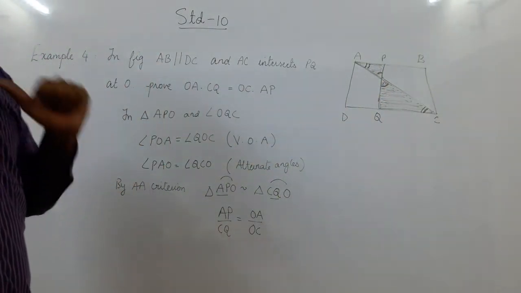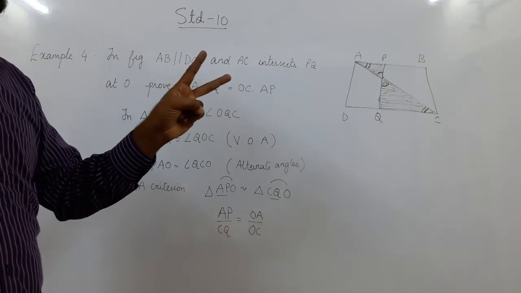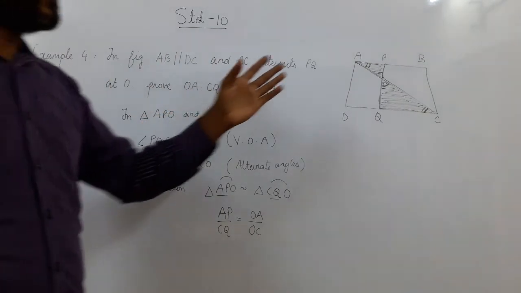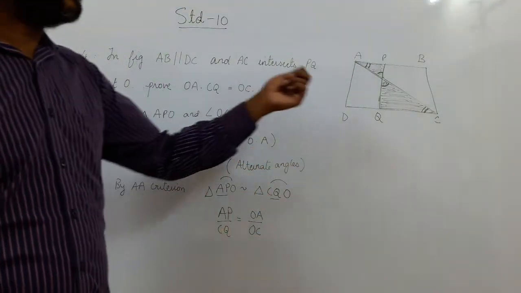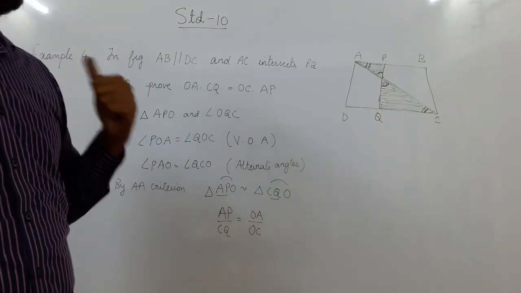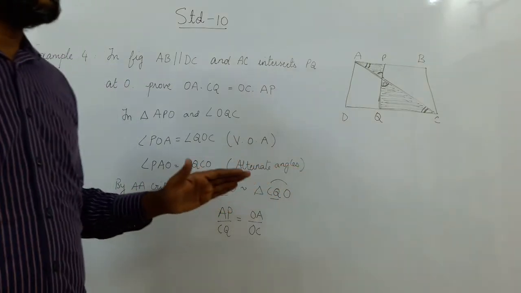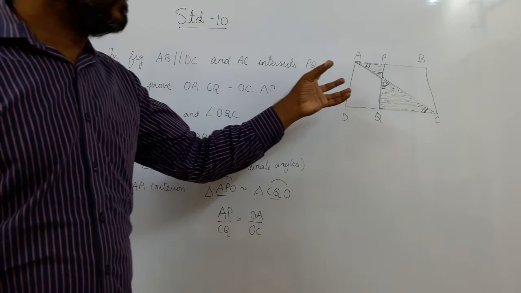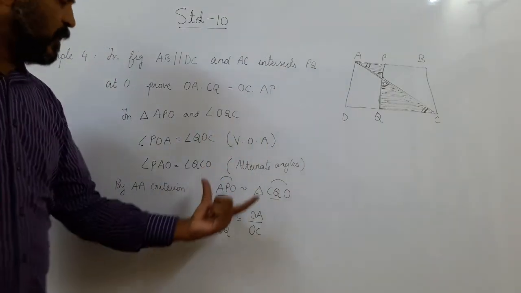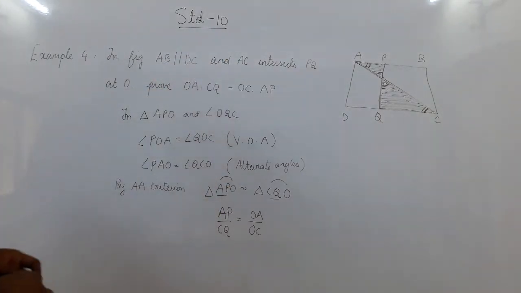What tools have we got? We have got AAA or just AA, one tool. We have got SSS and we have got SAS. But here nothing is told about the sides, so I cannot take S at all. But something can be told about the angles. And we have two powerful tools: vertically opposite angles are always equal, alternate angles are equal, and corresponding angles are equal. So making use of that, by the AA axiom, I show the two triangles are similar. And if the triangles are similar, then the ratios will be equal. Is it clear to you?